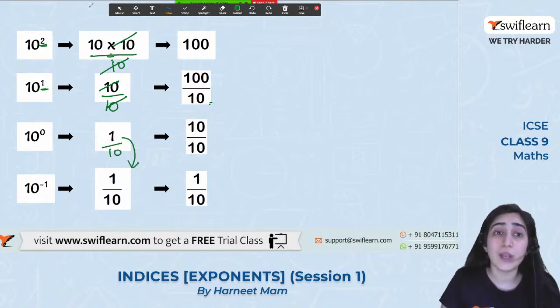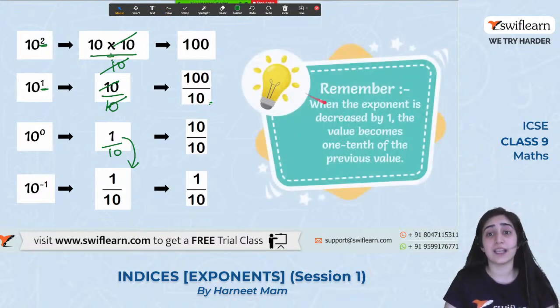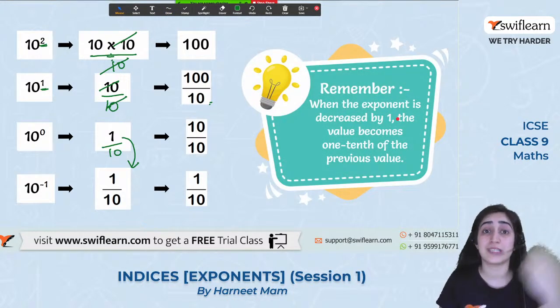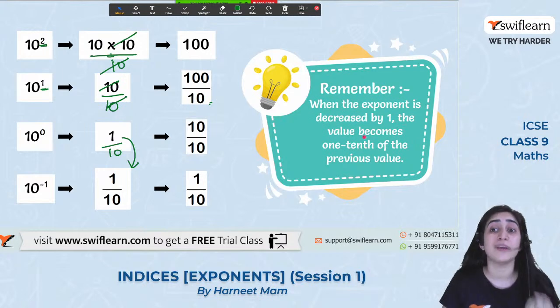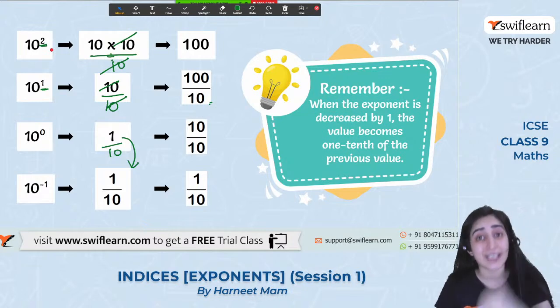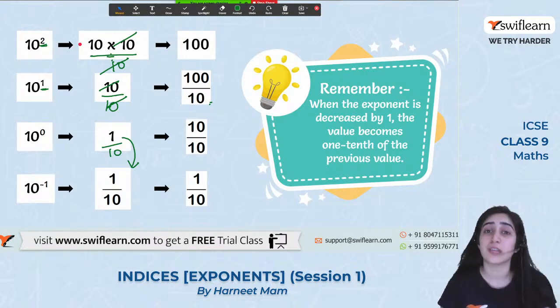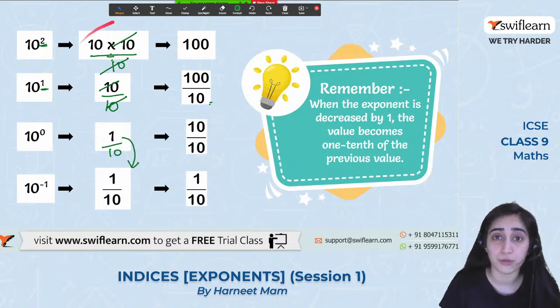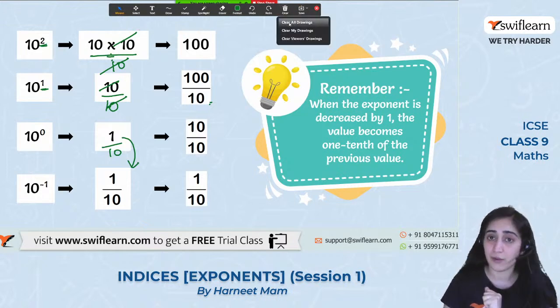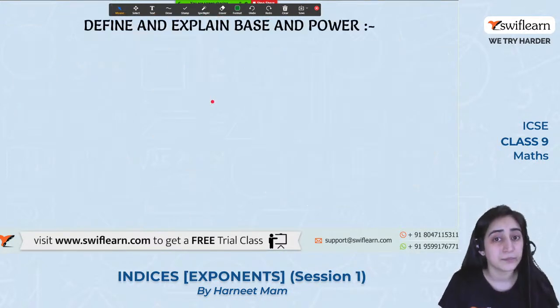So this is what the logic is all behind, that says remember when the exponents are decreased by 1, the value becomes 1/3 of the previous value. इस case में 1/3 है. अगर मैं 2 कर रही हूँ, power कम हो रही है, तो 1 second होगा. तो depending on the base it will get changed. ठीक है, तो जितना base है उसका 1 upon जो उसका number होगा उसका value वो कम हो जाएगा. As simple as that. Alright, so in this case we said it's 1/10.